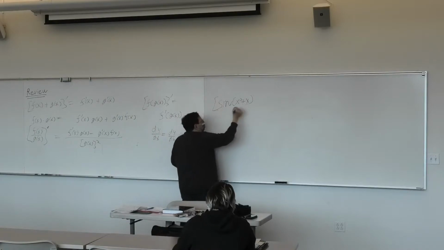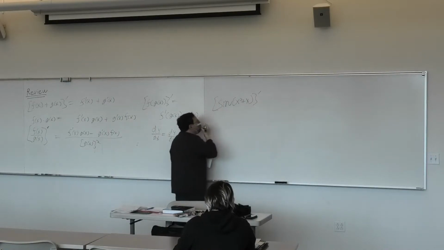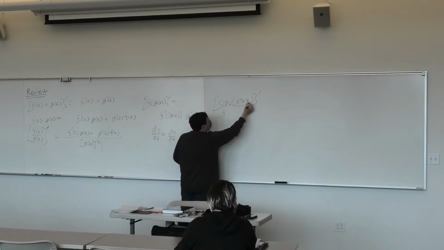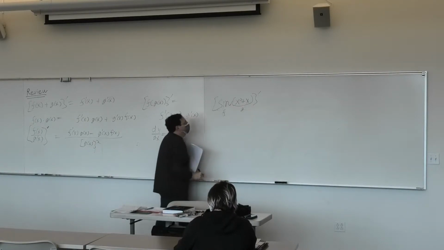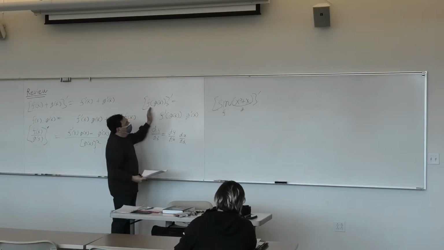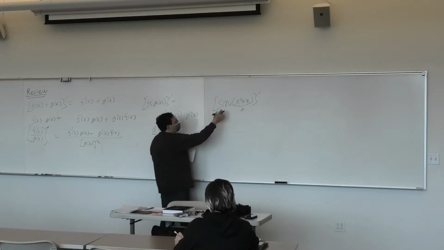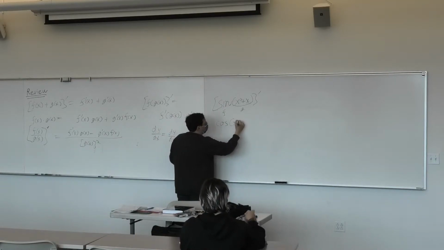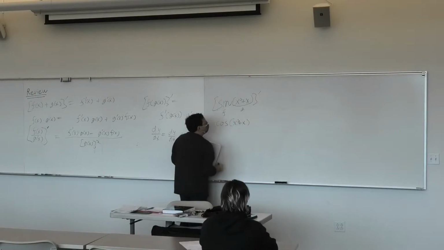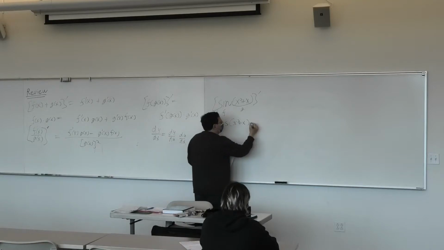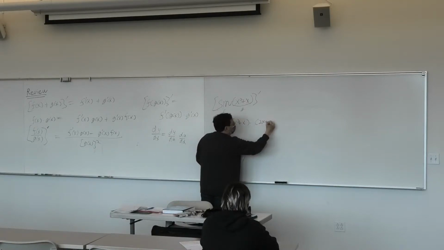We want to find the derivative, so we think of sine as f, x squared plus x is g. So the derivative of f at g, the derivative of the sine is the cosine at g, well that's x squared plus x, and then we have to multiply by g prime. So the derivative of x squared plus x is 2x plus 1.